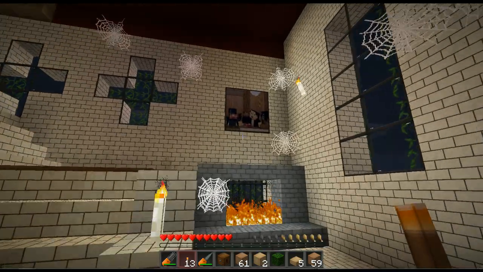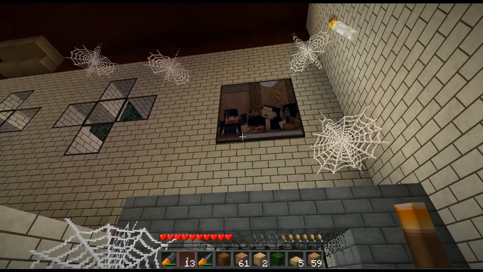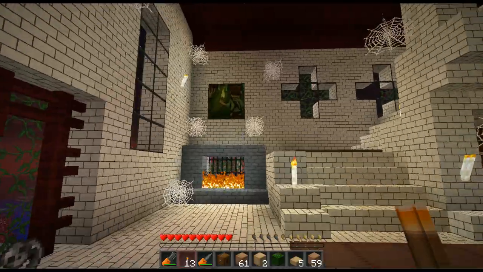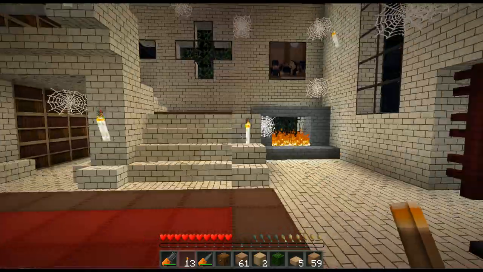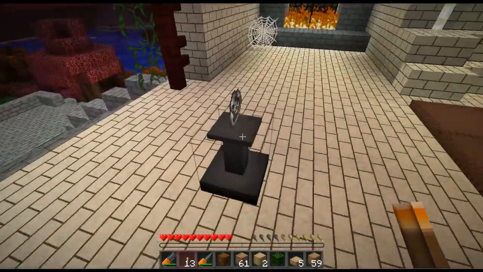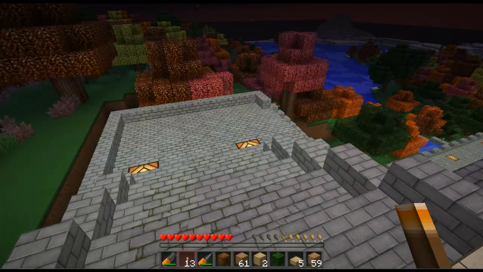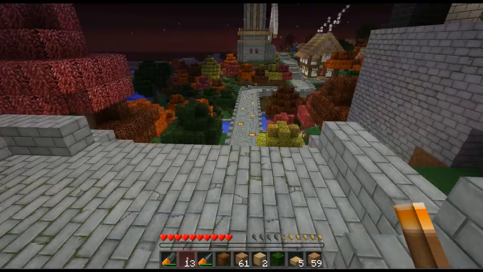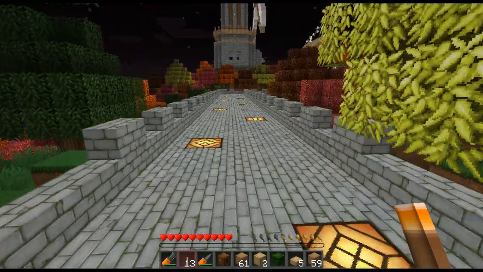And I like the pictures have changed. You got Notch over here, it looks like. And over here we got another adventurer. So that's cool. This is our defense system, which doesn't seem to want to work ever. But down here we've got our village. And I'm thinking if we...